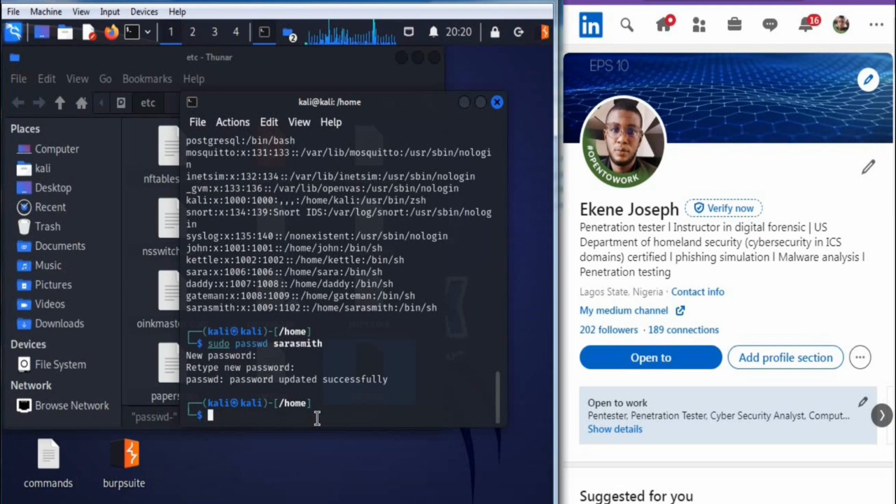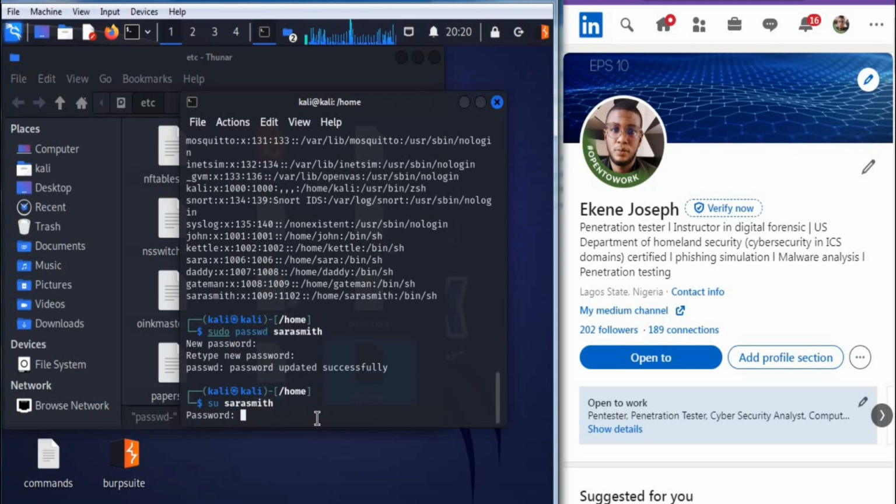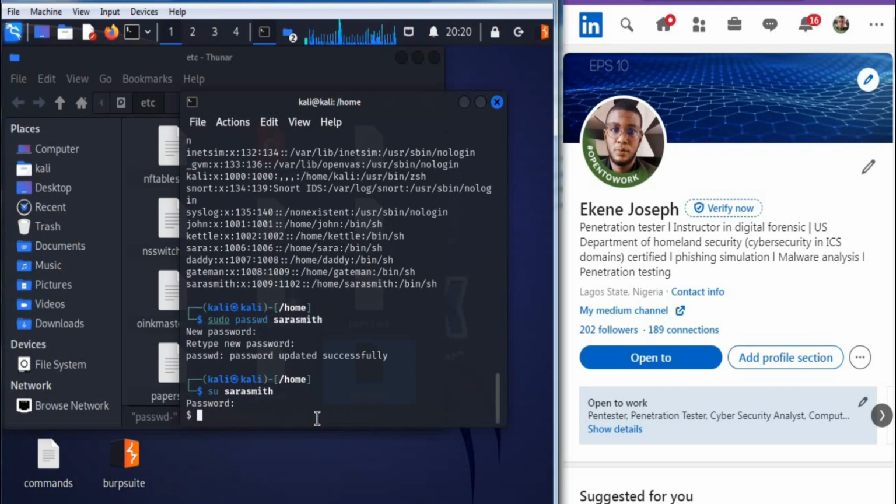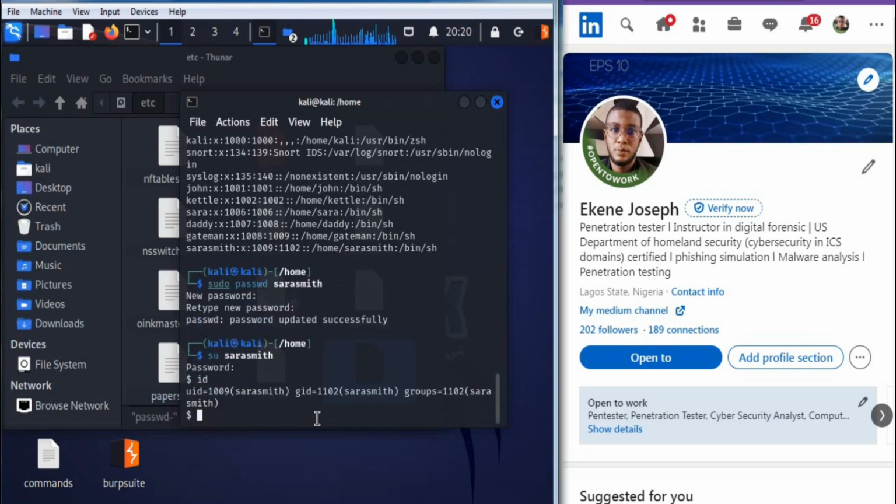So we'll try to switch user. I can go ahead to ID. You can see we have actually logged in as Sarah Smith. We can actually